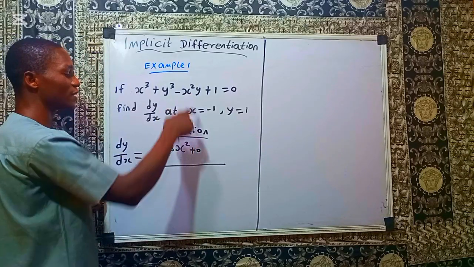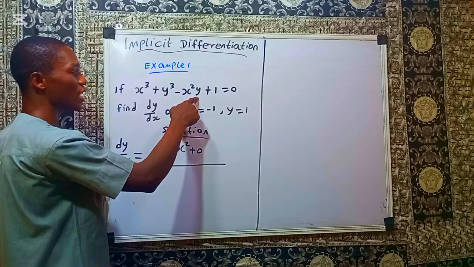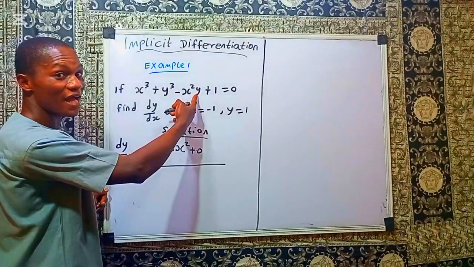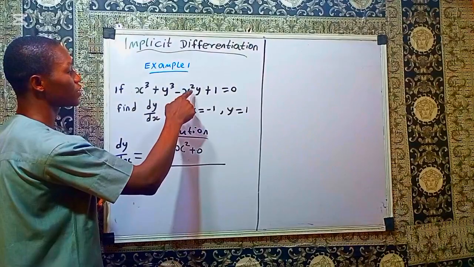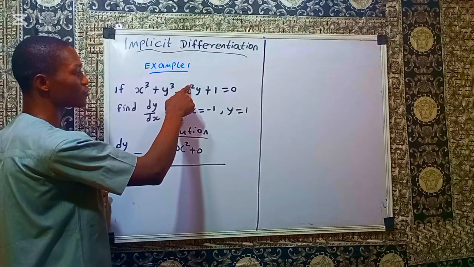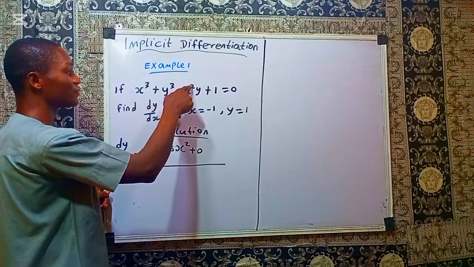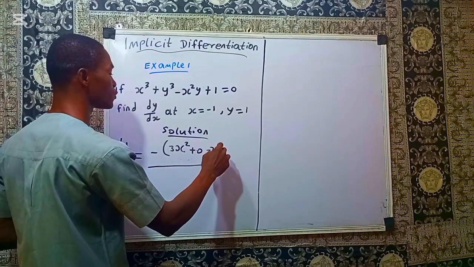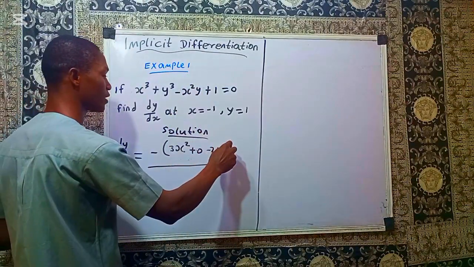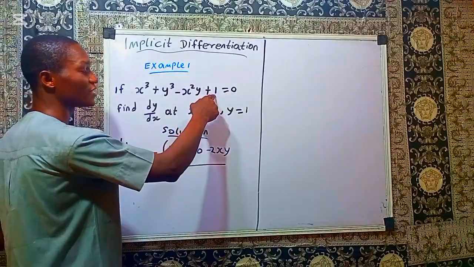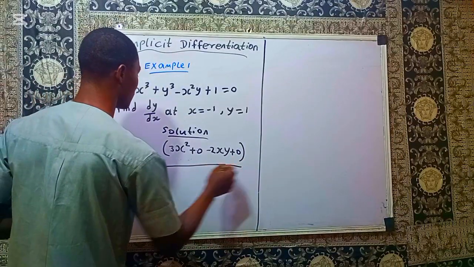Then if you come here, differentiate minus x raised to power 2 y with respect to x. So you are treating y as a constant. If you are differentiating with respect to x, you treat y as a constant. So if I differentiate minus x raised to power 2 y with respect to x, if I bring down the power, I have minus 2x. If I remove 1 from 2, I'll have 1, x power 1. Then I have y. Then if you differentiate 1 with respect to x, you get 0. Then all divided by,